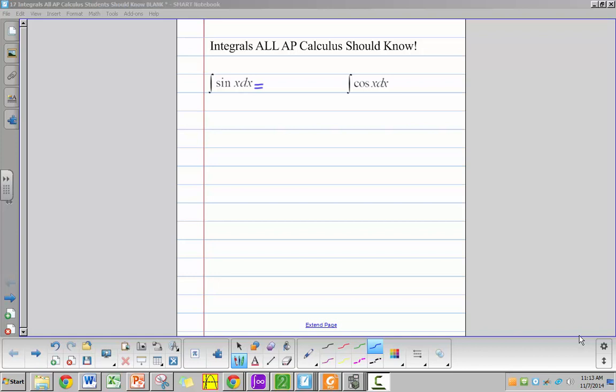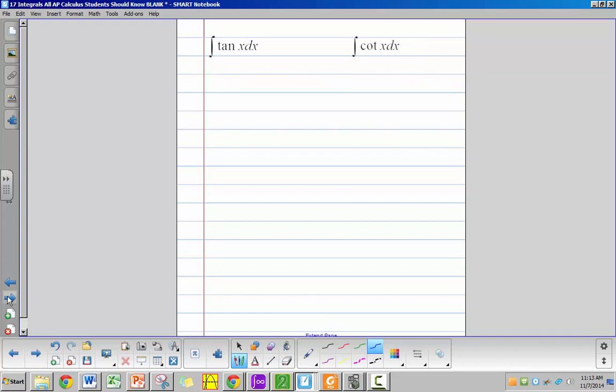The first one is the integral of sine x dx, and that's just negative cosine of x plus c. And the antiderivative, or the integral of cosine x dx, is equal to sine x plus c. So the first two are pretty easy, pretty simple. Moving along to the next two, tangent and cotangent, not quite so simple because we don't have a straight antiderivative